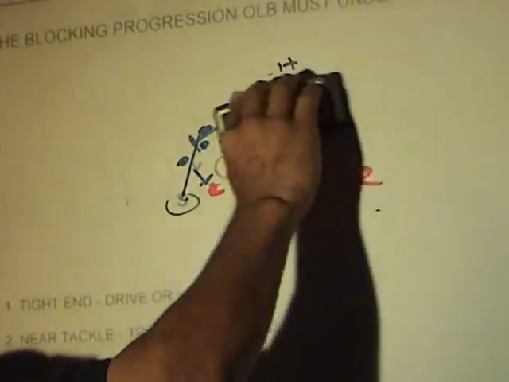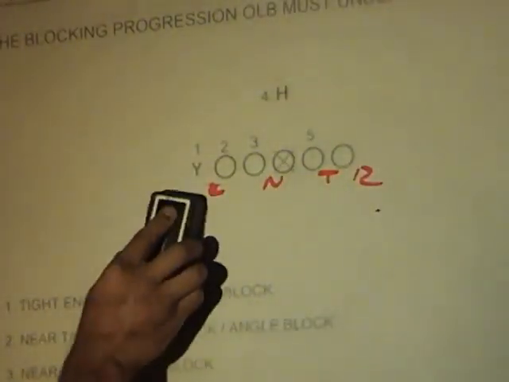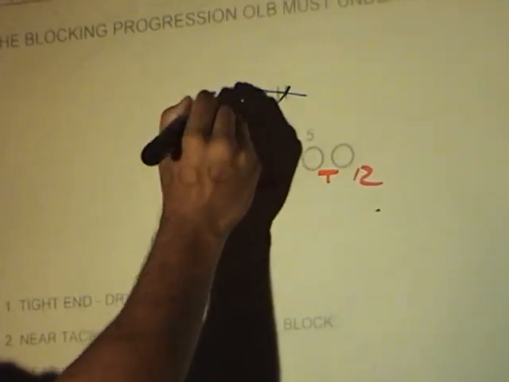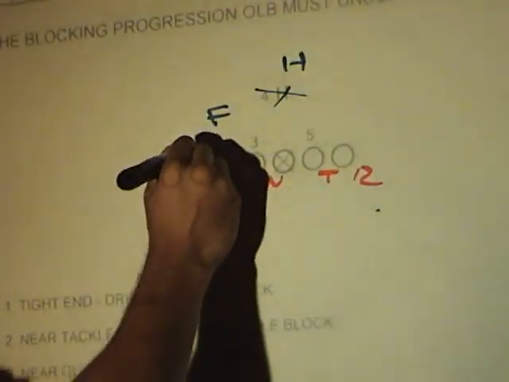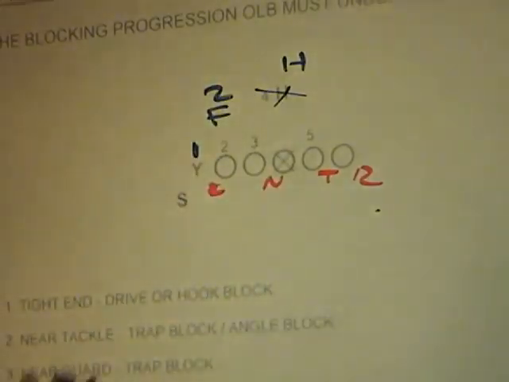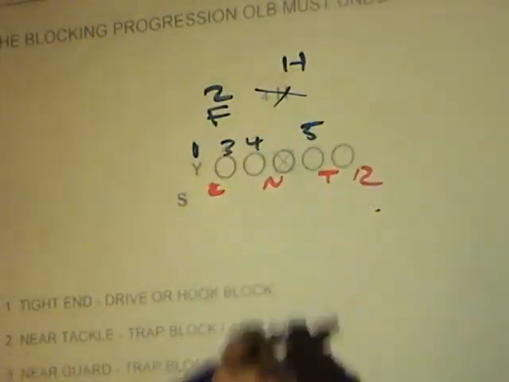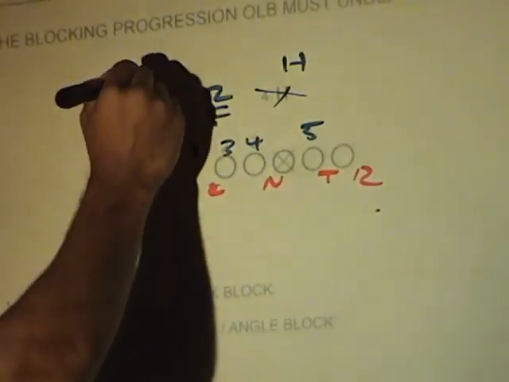Okay. The one scenario here that we do have to talk about that changes this progression is if now this back is offset strong. So now we look like this. So now our progression goes 1, 2, and 3, 4, 5. Okay, so in any type of near back set,